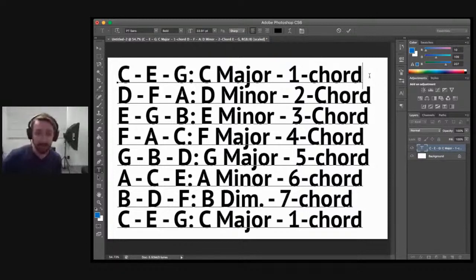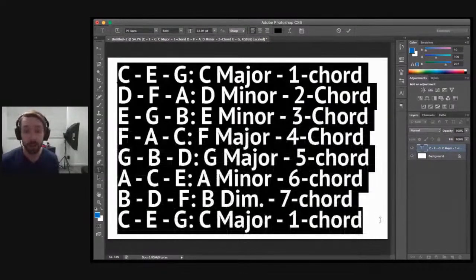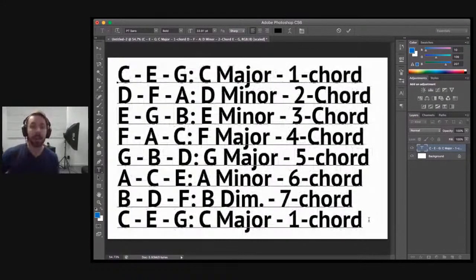Now, if you're completely brand new to this and not sure about keys, there is a super quick 2-chord hack that you can use to figure out a key really quickly. I'm not going to say every song, because there are going to be places where this doesn't work, but there are way more where it does. So if you're playing a song and you come across 2 chords that are a tone apart, a whole step apart, so 2 frets apart, and they're both major chords, then you can very quickly find out the key.